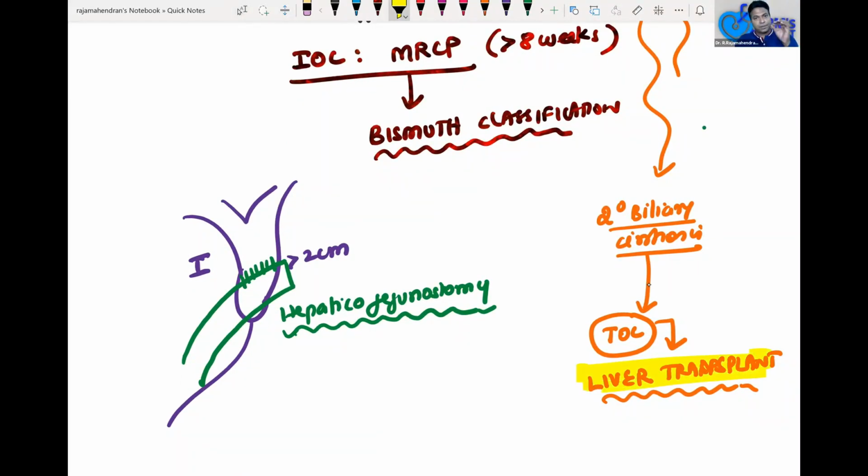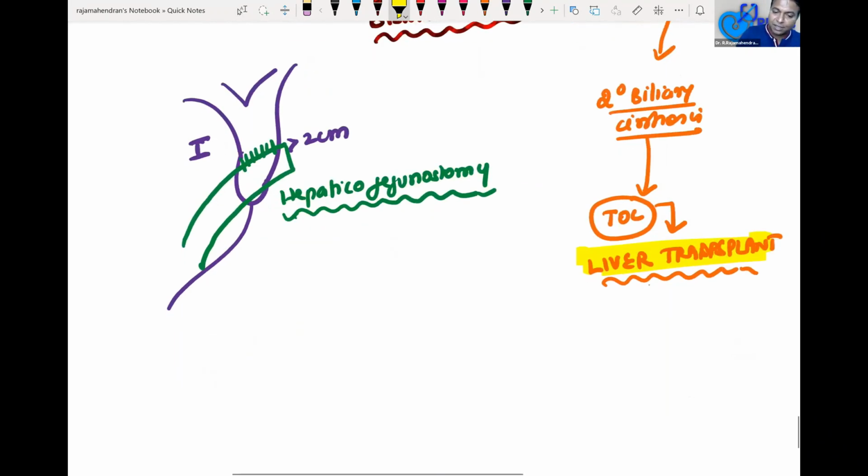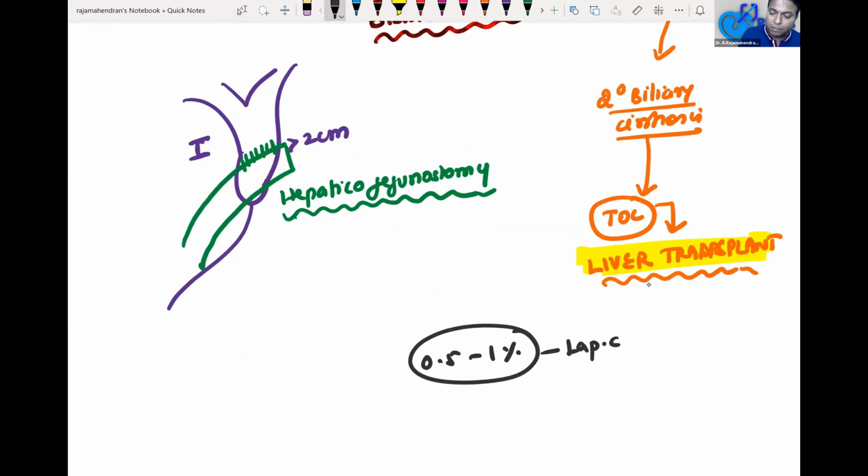So the gross mistake here is not injuring the bile duct. Yes, bile duct injury is possible. 0.5 to 1% chances are there in a laparoscopic cholecystectomy. We cannot stop doing surgeries because of the problem of bile duct injury. But the mistake from the surgeon's side is that you should recognize it early, identify the injury, refer the patient to the correct surgeon, and repair the injury. That is the most important thing.